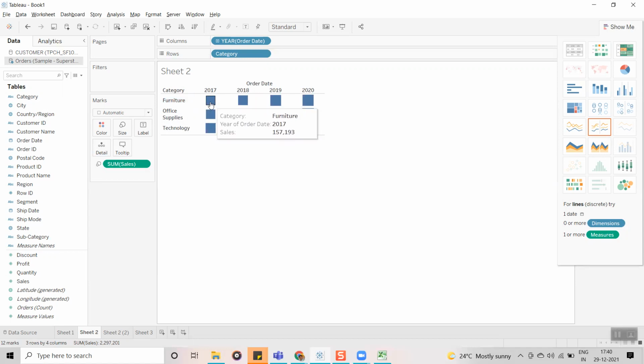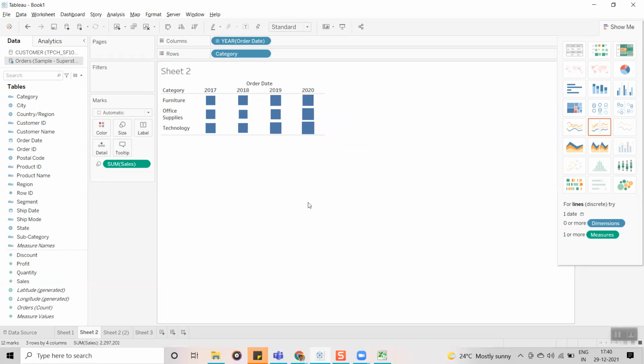In 2017, 1,57,000 is the sale amount. I am seeing it in the tooltip, the text box. Whatever text box you see, we call it a tooltip in Tableau terminology. In 2018, 1,70,000, then 1,98,000 and 2,15,000.